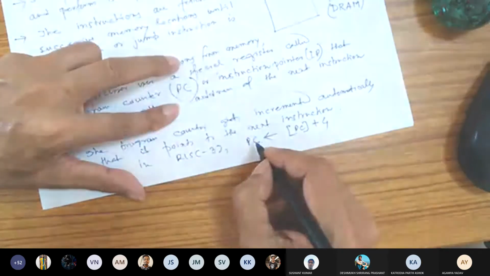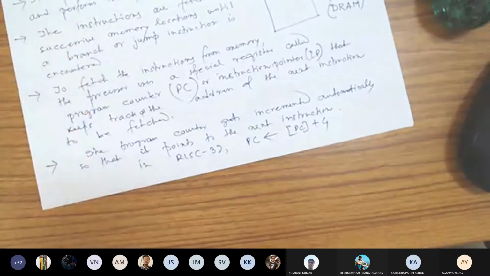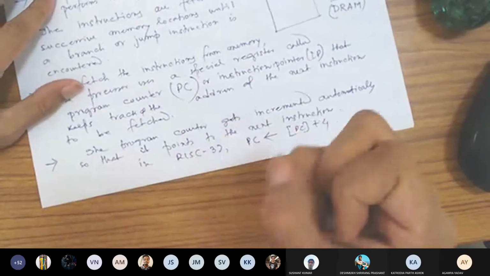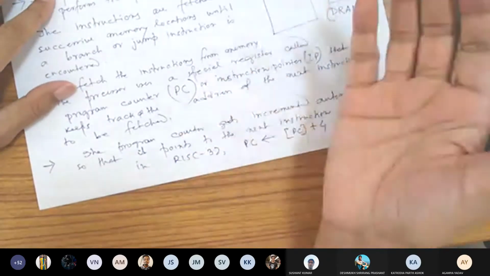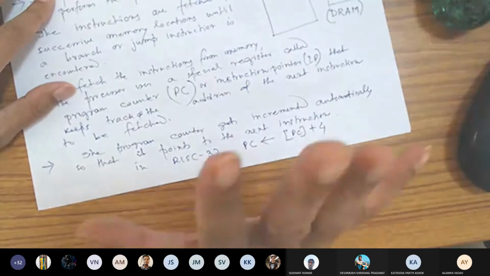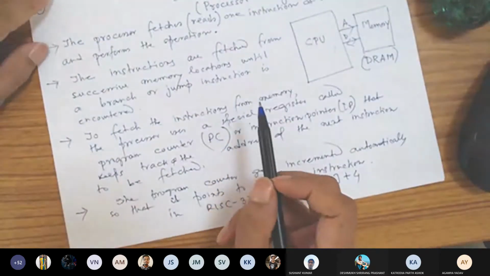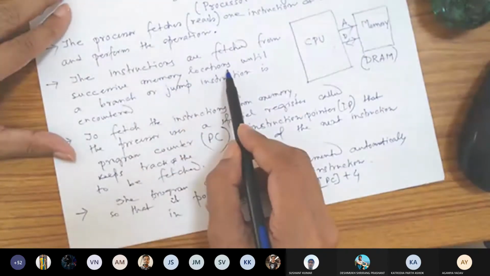So there is a fixed circuit because we are adding 4. Any constant addition can be done with a fixed circuit. This is automatic. So you just need to design the circuit that will increment the program counter by 4. But come back to this position. The instructions are fetched from successive memory locations.